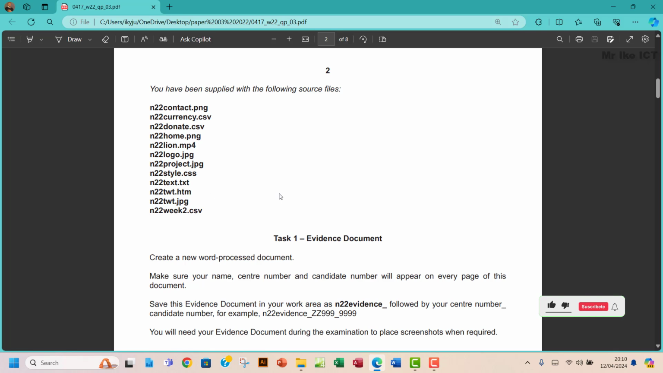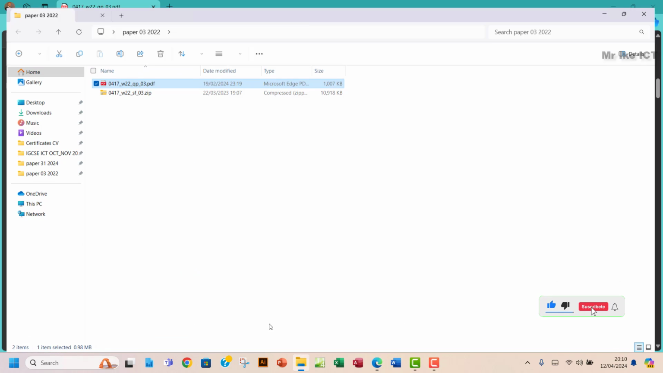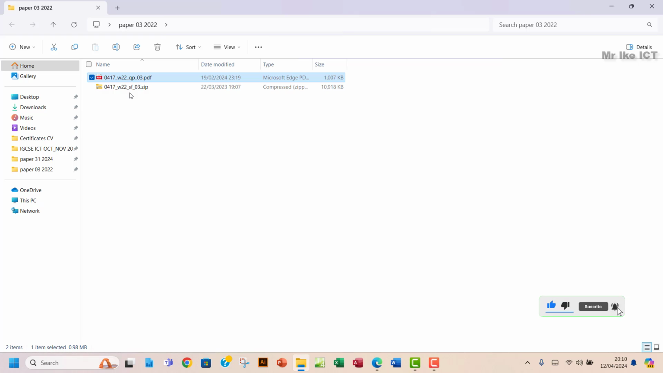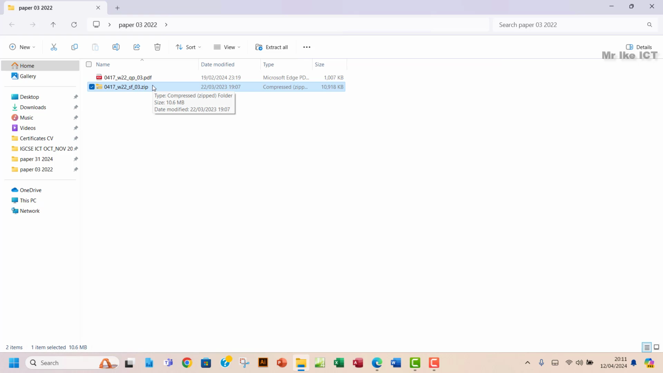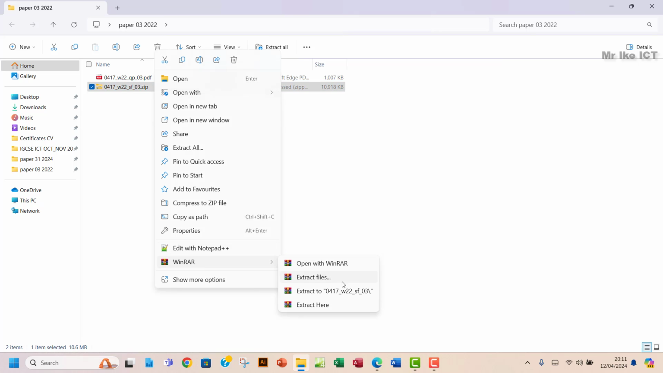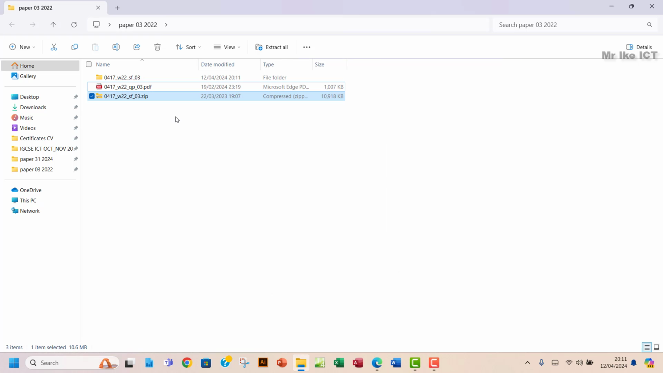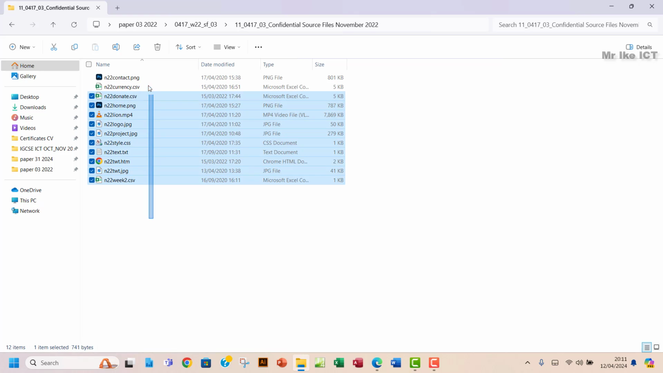There's one thing I need to show you. Most of the time, during the examination, you're going to be given a source file, and sometimes some centers will not unzip the file before they put it in the computer. So you can right click on it and unzip the file. One thing I need to tell you is this: when you unzip, make sure that all the files